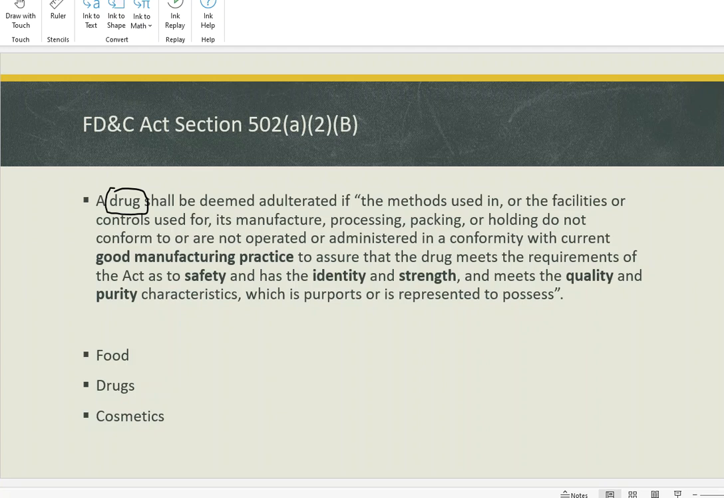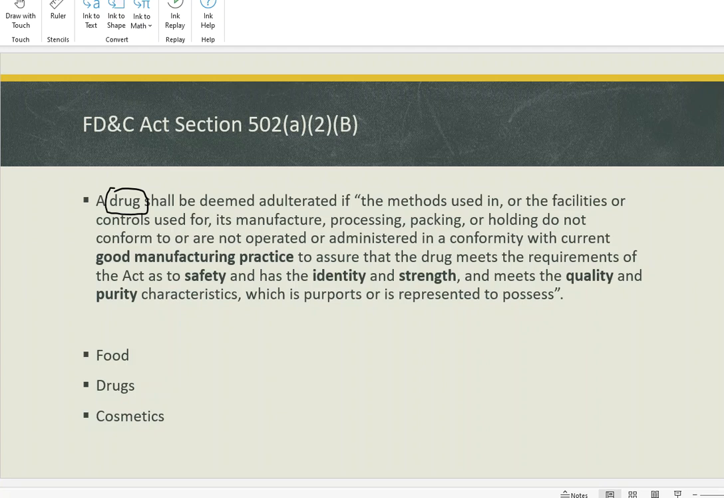kind of falls suit. A drug shall be deemed adulterated. Adulterated means, well, you probably shouldn't be taking it. There's contamination in it. It's not pure. There's some impurity there. It could poison you and it could kill you. Anything could be adulterated. A drug shall be deemed adulterated if, quote, the methods used in or the facilities or